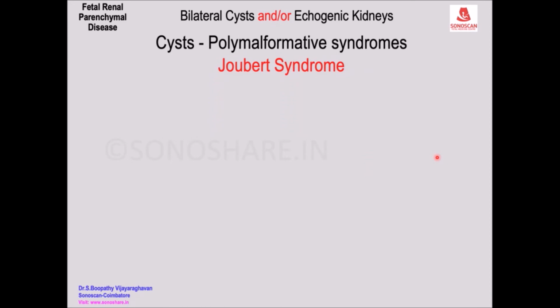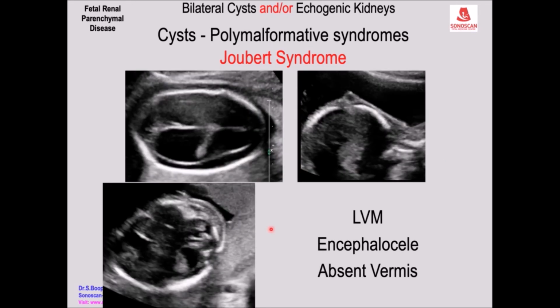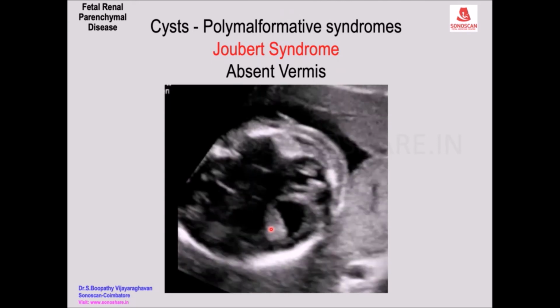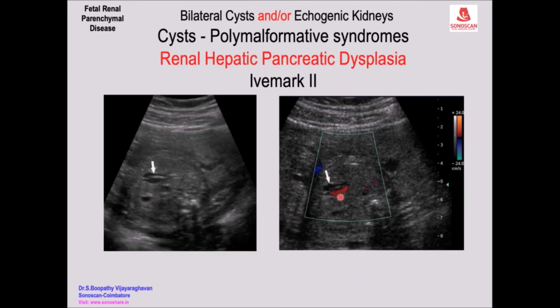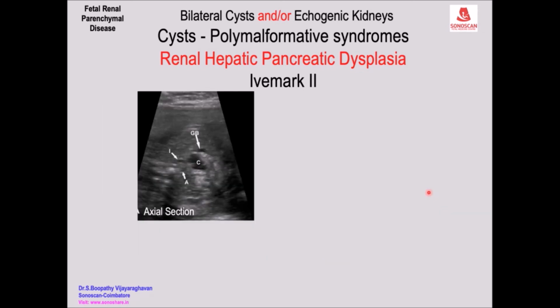Then we come to the other ciliopathy syndrome, Joubert syndrome. The absence of the vermis is better seen in the video. You can see the portal vein, and anterior to the portal vein you see the dilated bile ducts. That is the portal vein marked in color, and anterior to that there is no color in the dilated ducts. So dilated ducts indicate hepatic dysplasia. And then coming to the pancreas.